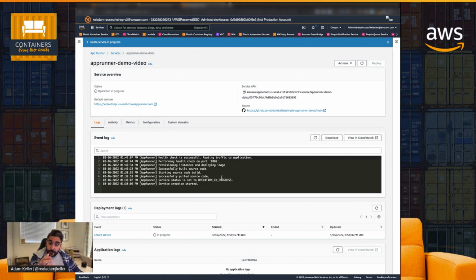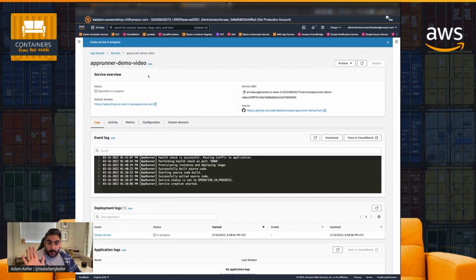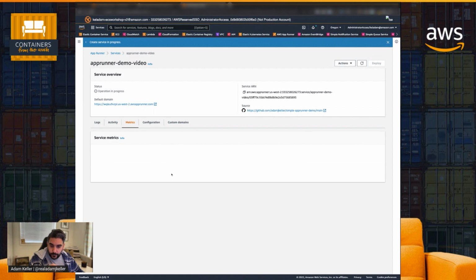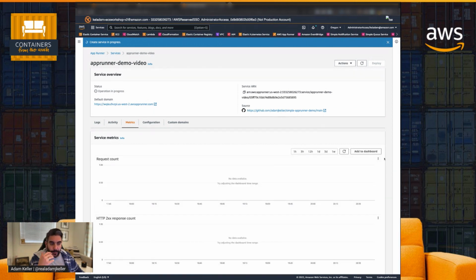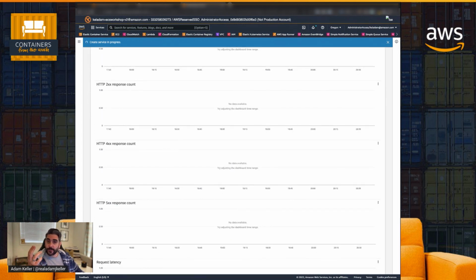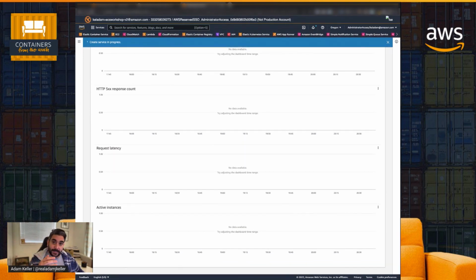So taking a look at our event log, you can see the health check was successful, and now it's starting to route traffic. Before I go to that, let's just look at some of the other tabs. The activity tab will basically show me the timestamp and the operation that occurred. So deployment, create service, and so on. That's all here. And then our service metrics. These are metrics that, again, come out of the box with App Runner. I can see my request count, 200 responses, 400 responses, 500 response count, and so on, latency,